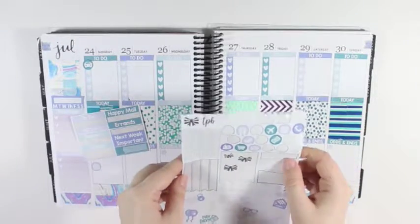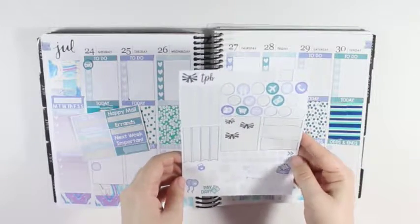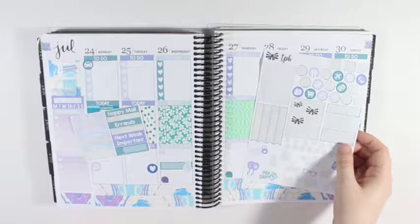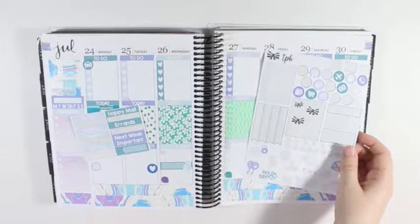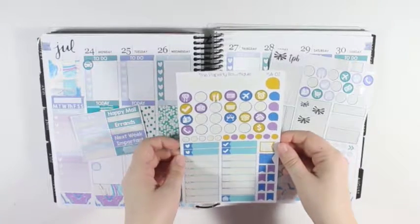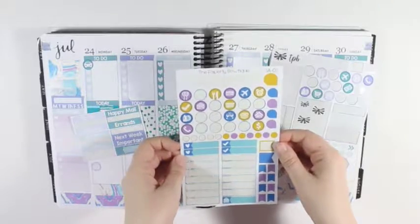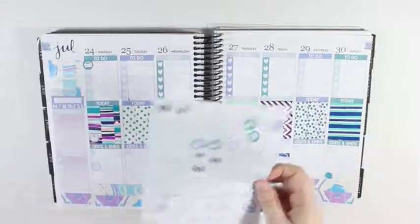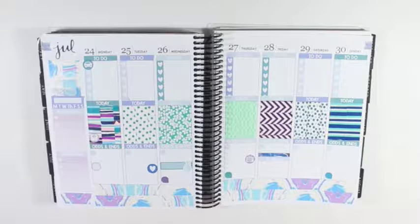Saturday is my filming day. So do I have anything? Most likely not. Let's see, do I have anything on here? Nope. No, I don't. So I think what I am going to do for Saturday is, actually let me look at one thing really quickly and see if any of these will match. Probably not, but